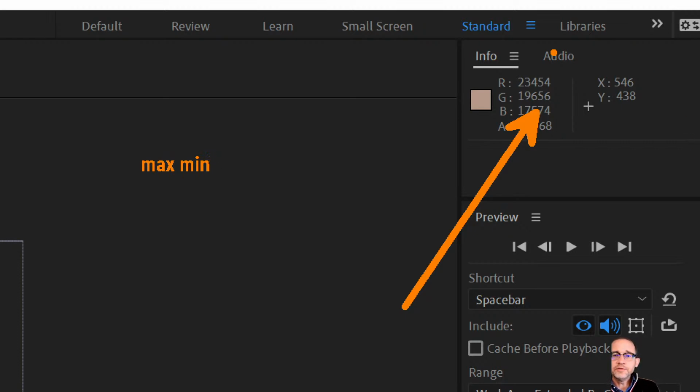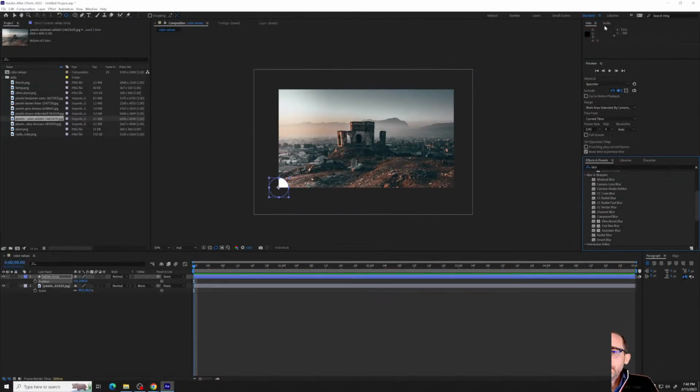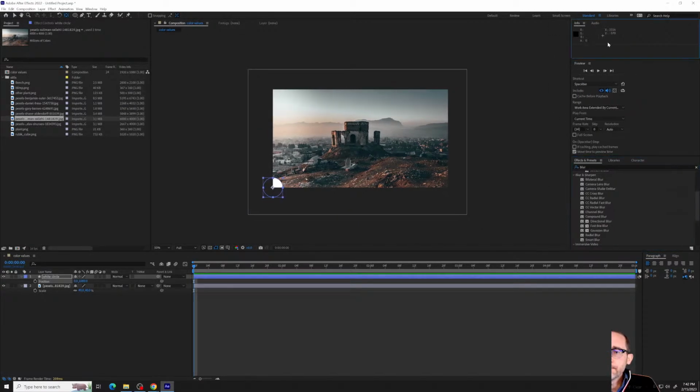Okay? What I'm talking about only goes for the color over here, right? It has nothing to do with the coordinate information. Coordinate information remains the same. That's just describing a point in space. So, in the info panel here,